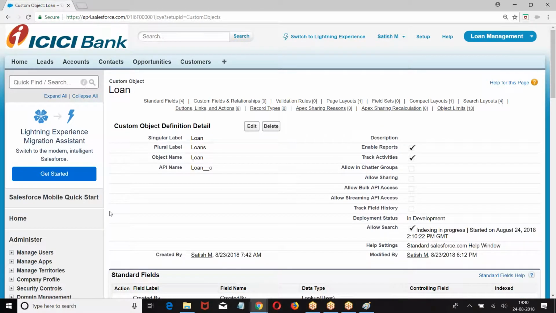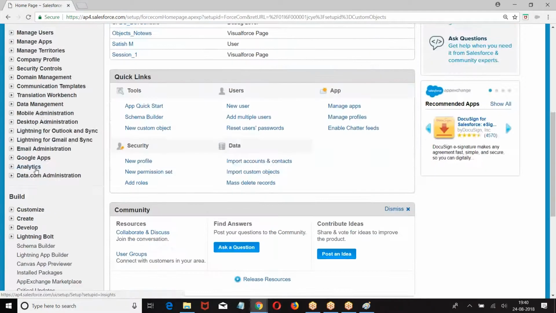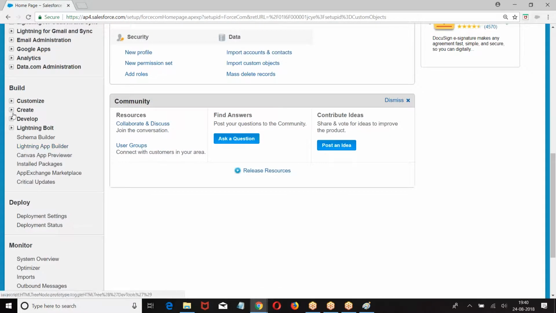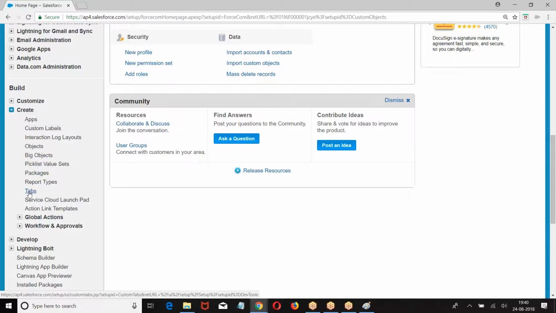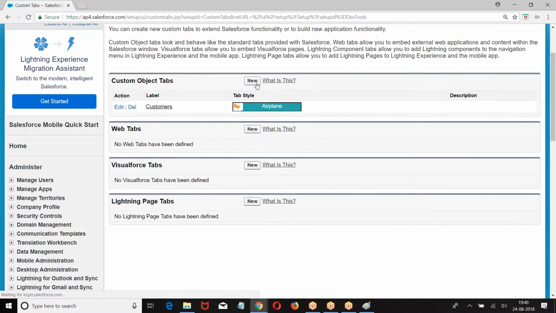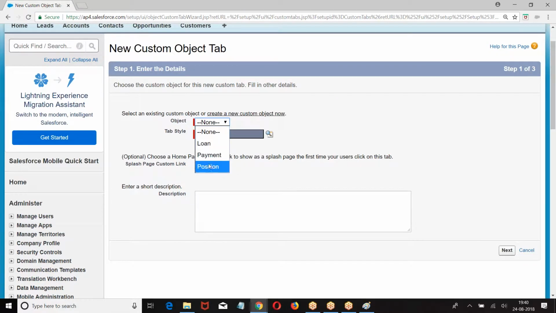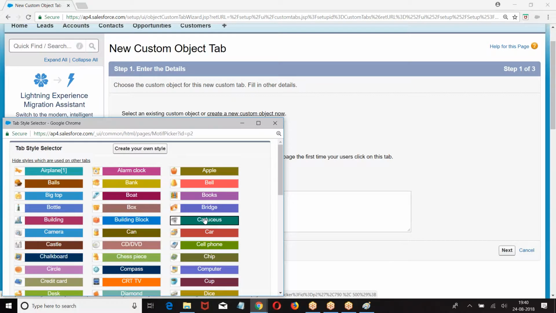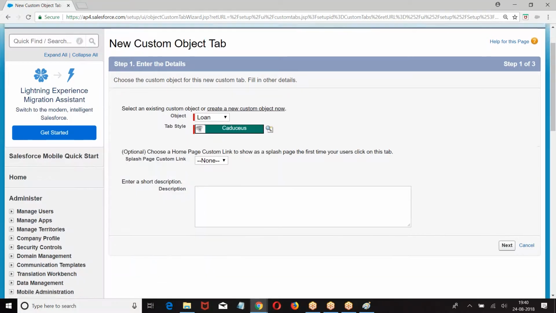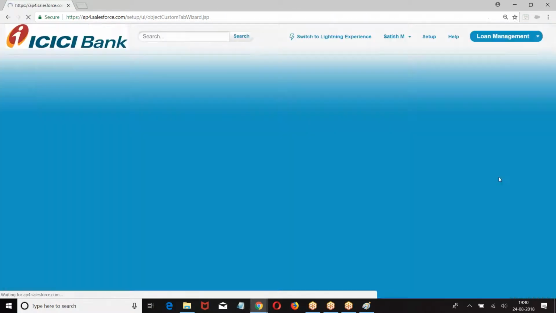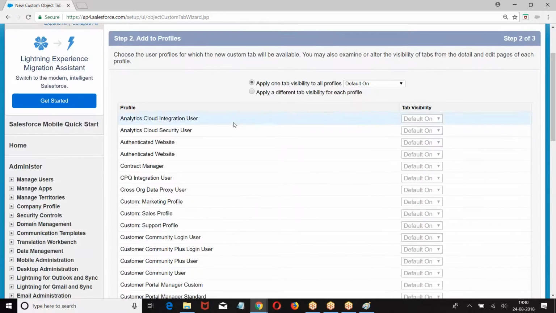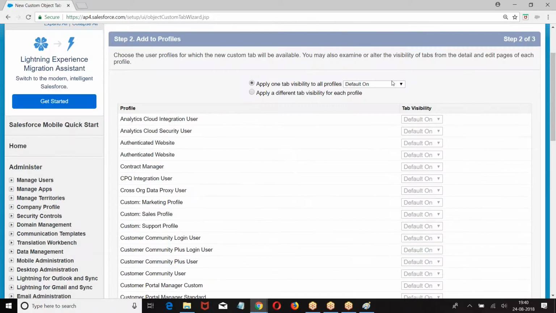Right. So what will we be doing now? How to create a tab? Setup, Build, Create, custom object tabs. So we had a loan. Choose the color: when you click on the tab, which color should be visible to you? Next, visibility: default on, default off tab.